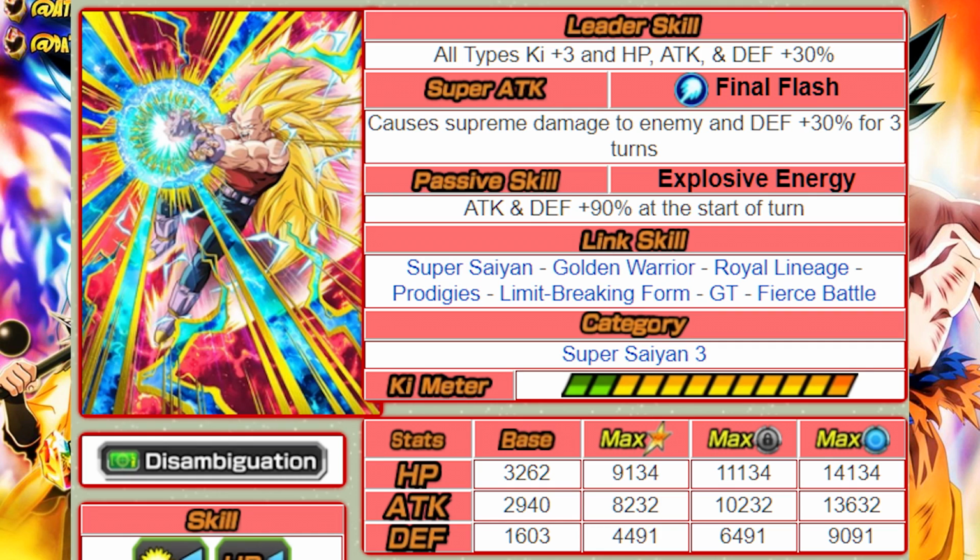Now, his links, this is one thing that is a shame. His links are Super Saiyan, Golden Warrior, Royal Lineage, Prodigies, Limit Breaking Form, GT, and Fierce Battle. Now, they did not give him Over in a Flash, so he is one of 3 Super Saiyan 3 units in the game that do not have Over in a Flash, along with the Tech Super Saiyan 3 Vegeta and also Super Saiyan 3 Broly. Now, Tech Super Saiyan 3 Vegeta, he's just completely shafted. Super Saiyan 3 Broly, at the very least, does have Prepare for Battle. And on the Super Saiyan 3 category team, Super Saiyan 3 Bardock does also have Prepare for Battle, so it's